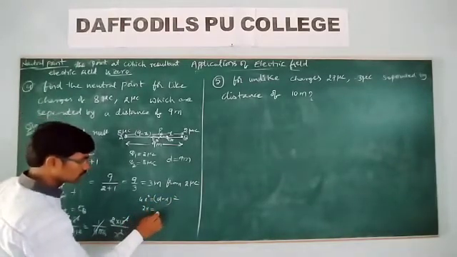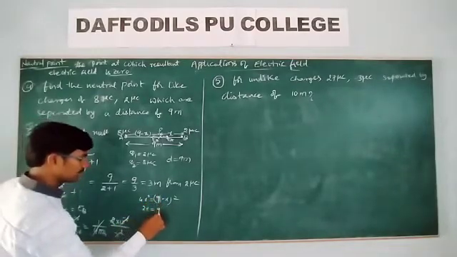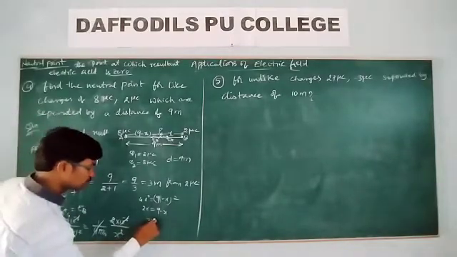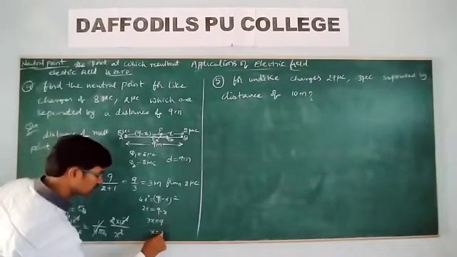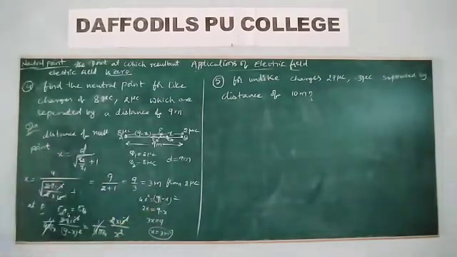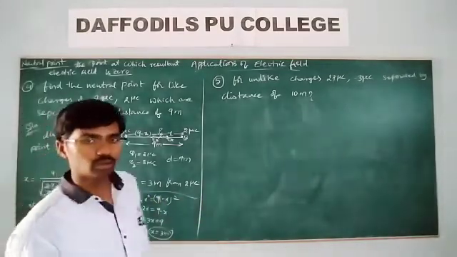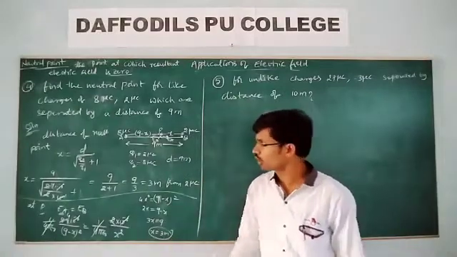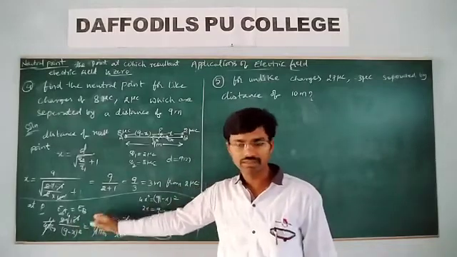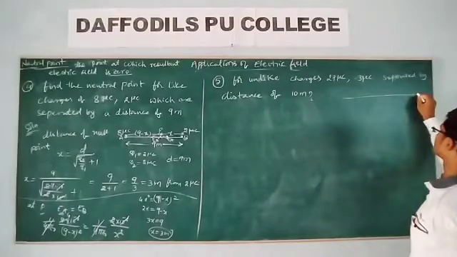Then 2x is equal to d minus x, that is 9 minus x. Taking square root on both sides, then 3x is equal to 9. X is equal to 3 meter. So even by using that formula we got the same value. Anything you can solve, whichever is easy for you, you can follow that. I think you can't remember this formula. If you can't remember this formula, just apply the direct formula based on concept. That's all. And let me calculate for this one, unlike charges.